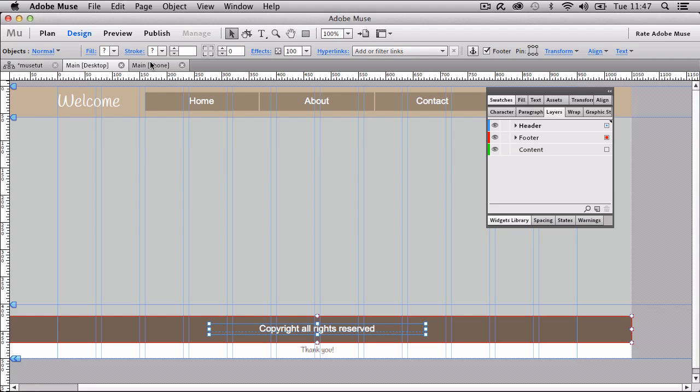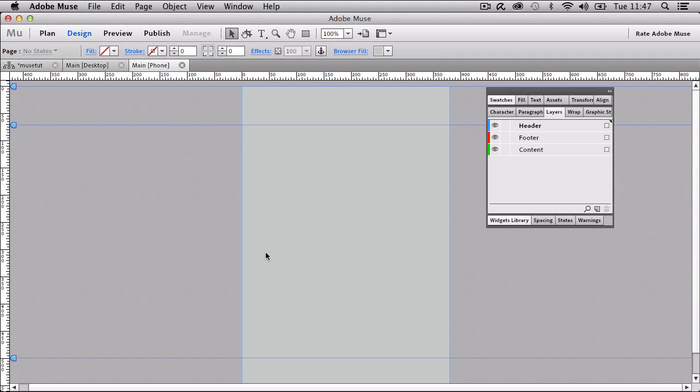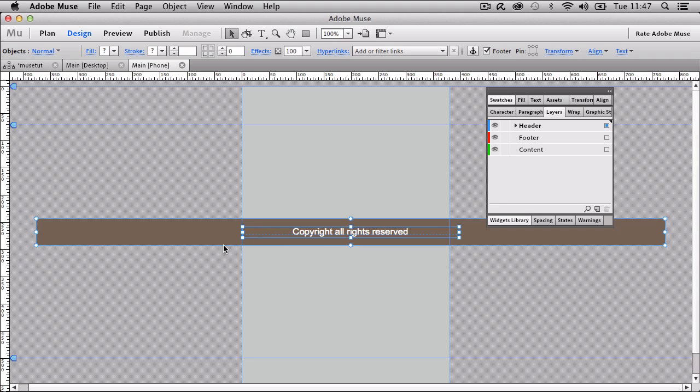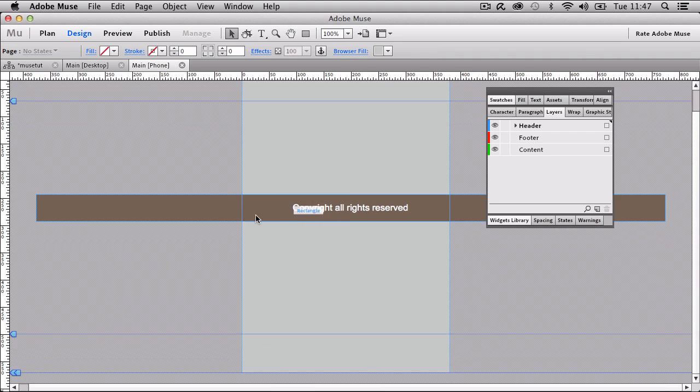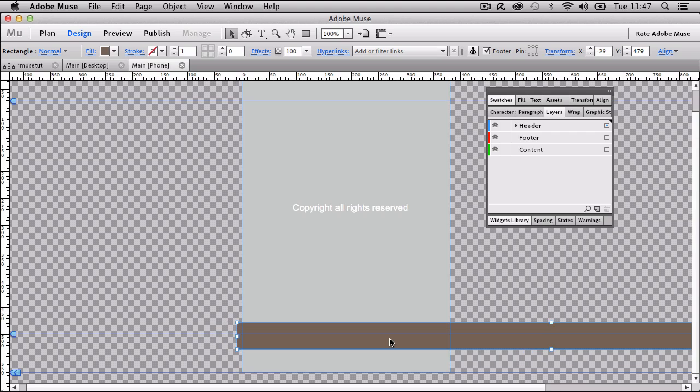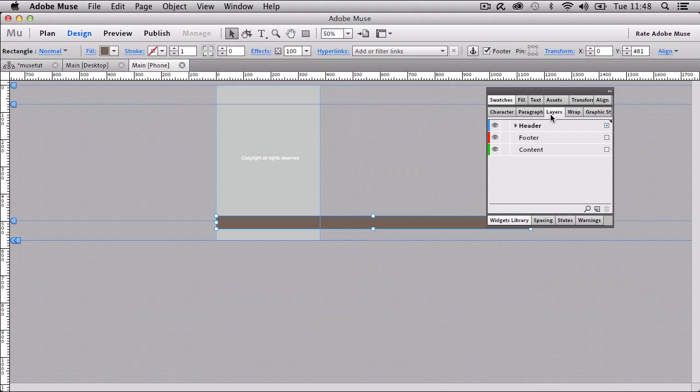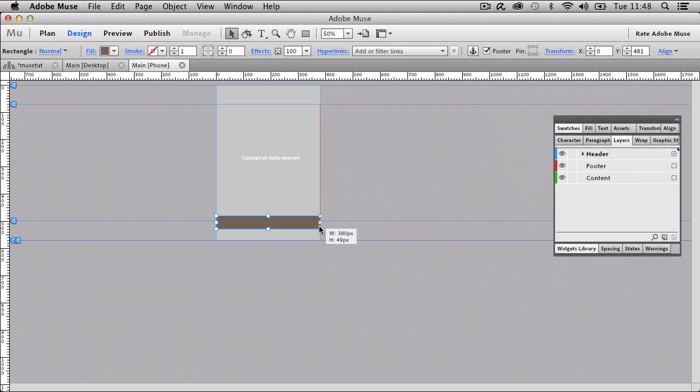my footer from my main desktop master page to my phone master page, and I'm just going to scale this down. Now this is effectively your content area and also your page width. So when I actually drag this out, it will actually go to 100% of the browser's width, and I'm just going to push this all the way